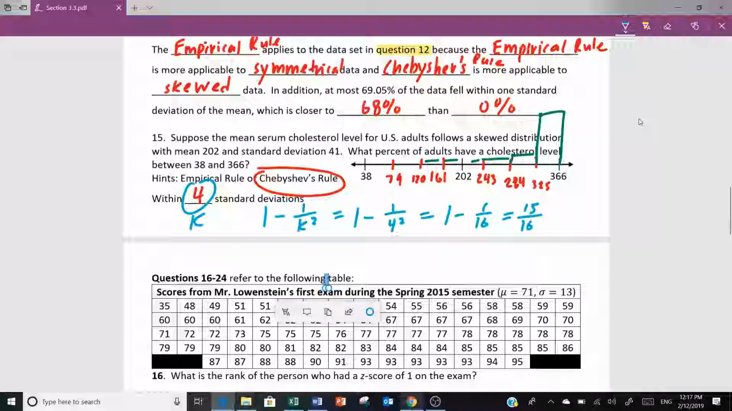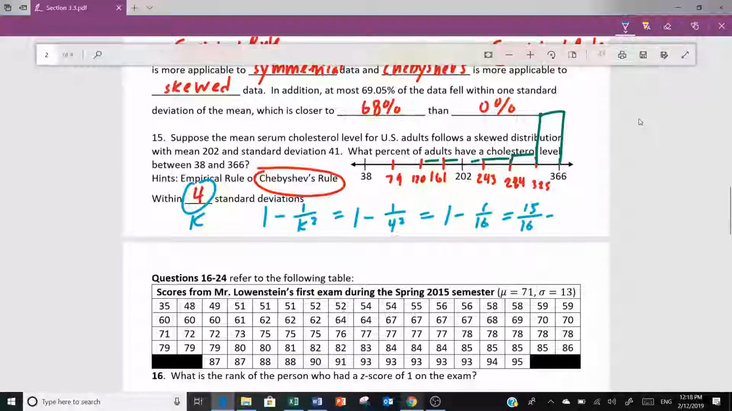And when you divide 15 divided by 16, you get 0.9375 or 93.75%. Okay, any questions on that? I think the homework doesn't even ask you for tables for it. So you could just steal the values off of your